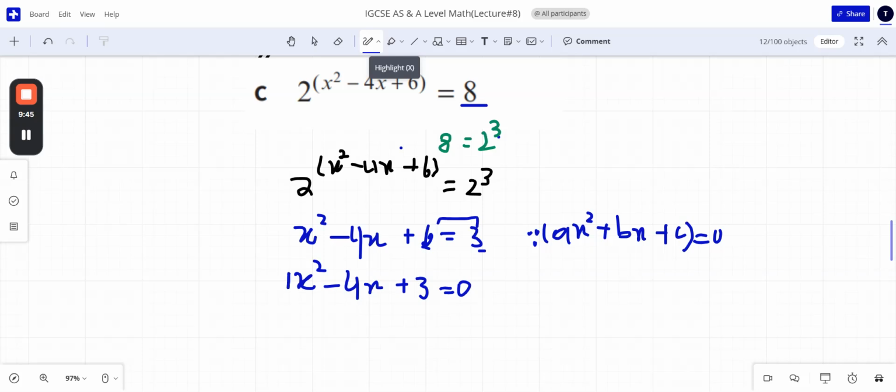There is no coefficient, it means it would be 1. So 3 times 1 is 3. Now we will use the factors of 3, which are 3 and 1, because 3 plus 1 is 4. But here is a negative sign, so we will put the negative sign with both factors to get the 4. Minus minus makes plus. Here now x squared will remain the same, and minus 3x minus x plus 3 equals 0.